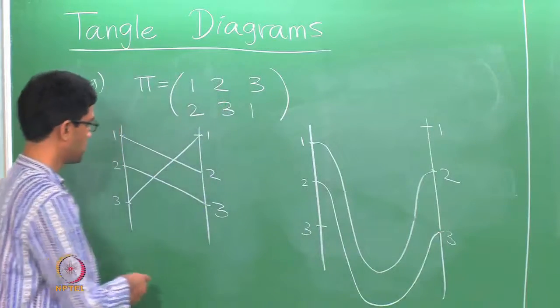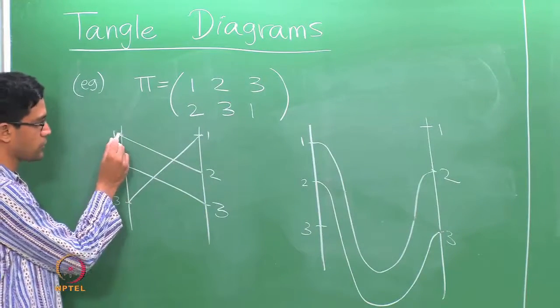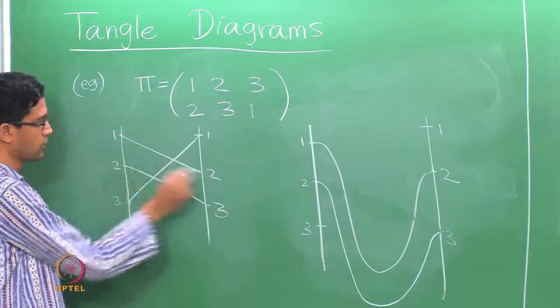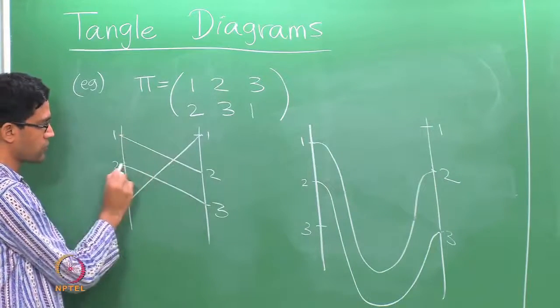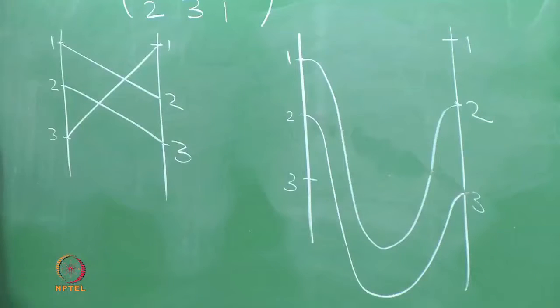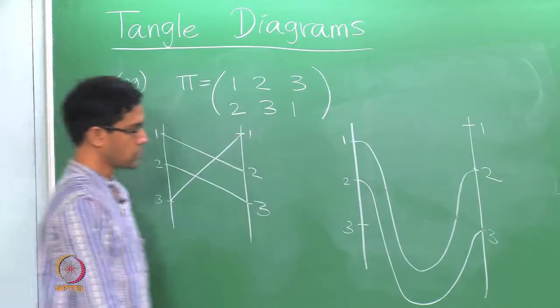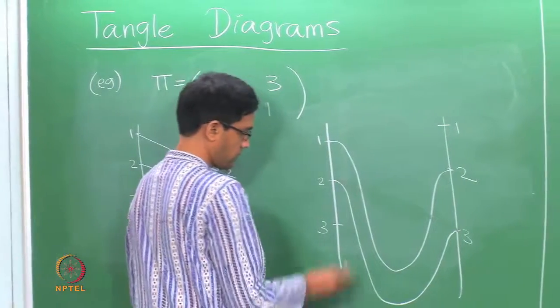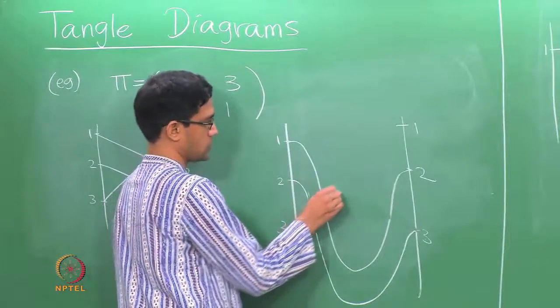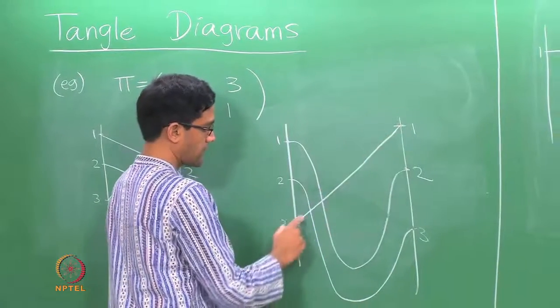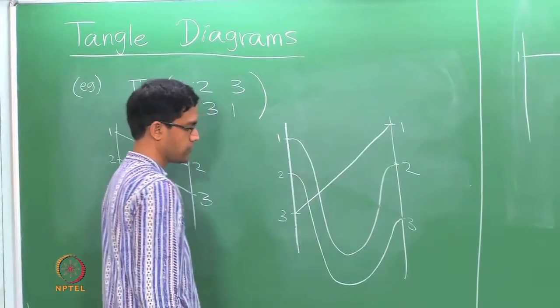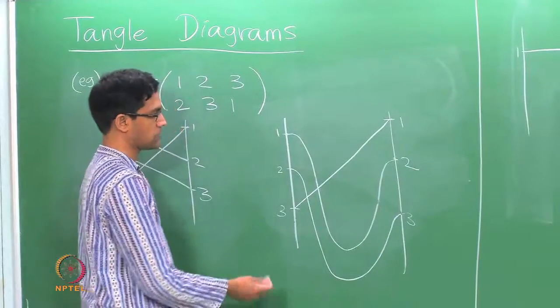So as you can see, the usual way of drawing it, the straight line which joins 1 to 2 and 2 to 3, these two lines of course don't cross. Right? So there is no crossing between those two lines, and that's what happens even if you draw the curve in a much more complicated way. And finally you want to join 3 to 1. Again, the simplest thing would be to just do this, and that only has one crossing with each of these two curves. So that's a perfectly legitimate way of drawing.